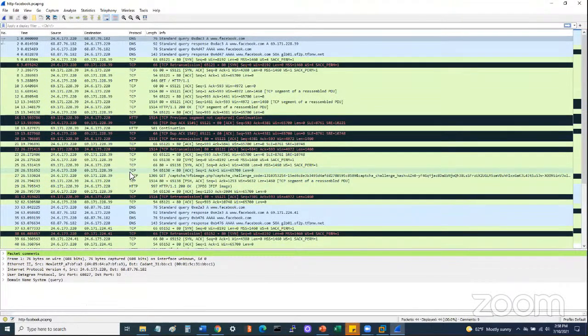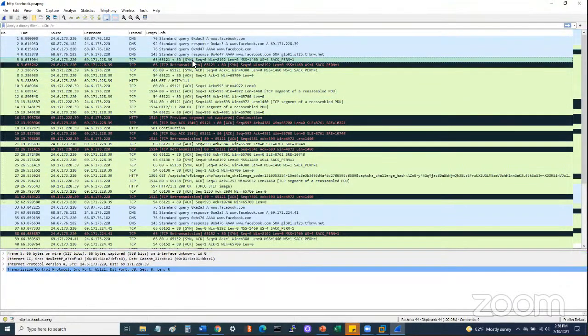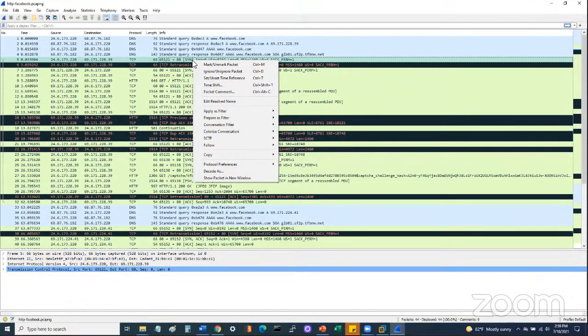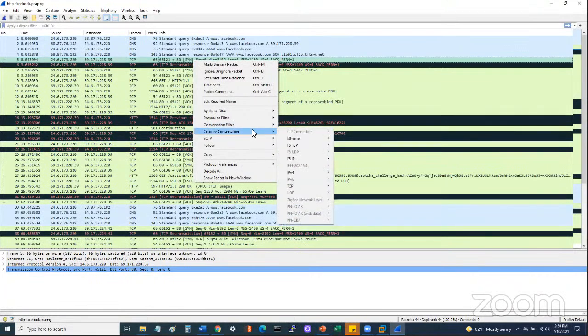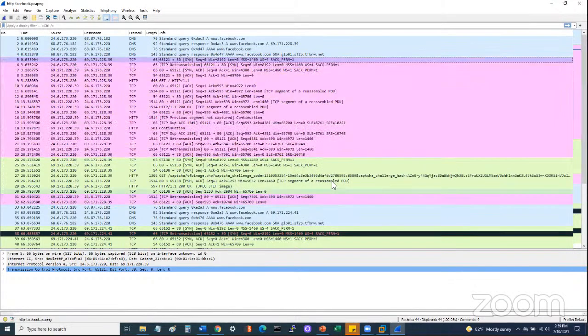You can save your configuration. Let's say you wanted to put all of the packets that were involved in a certain conversation as a certain color. You can say colorize the conversation, and say I want all of this TCP traffic to be this pink here. So all of the things involved in that conversation as you go throughout this file are going to be saved in this pink color.